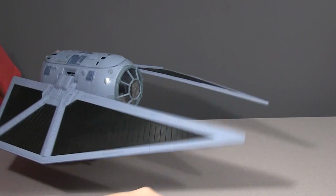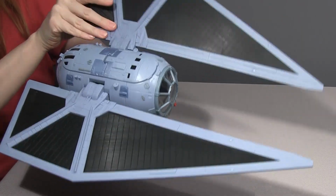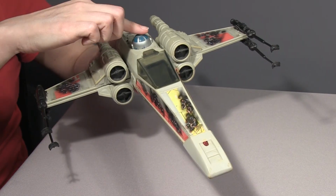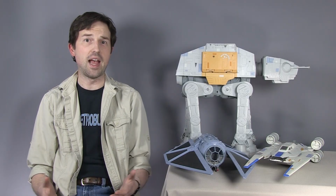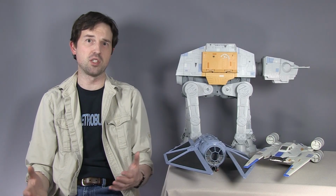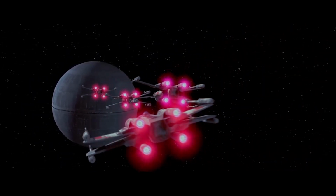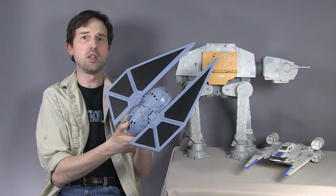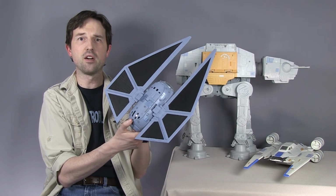The wings are a bit floppy, and the Striker has a useless swing lift feature, operated by awkwardly folding the wings up one at a time. There's no single button activation like the vintage X-Wing. The film itself lacks an iconic visual of the TIE Strikers moving their wings into attack position. So unlike the shot of the X-Wings locking their S-foils that we loved in the original film, this feature on the TIE Striker is devoid of that familiarity, and the release lever serves only to smash your fingers if you're